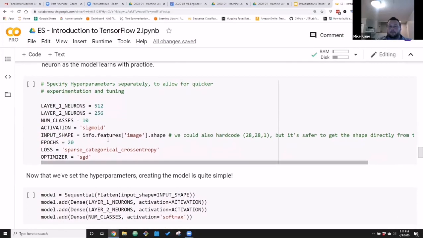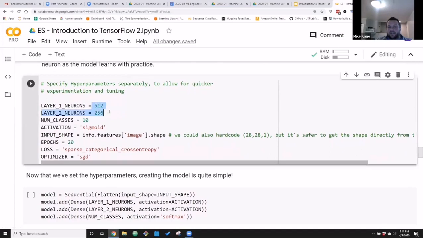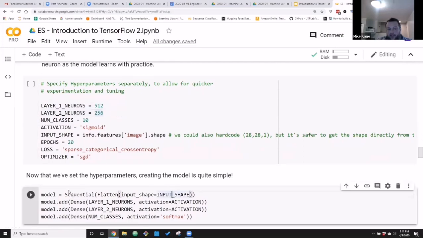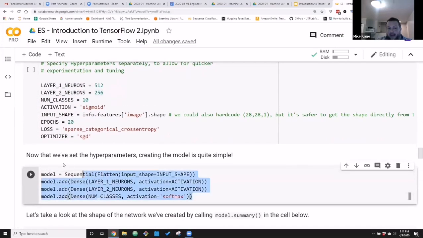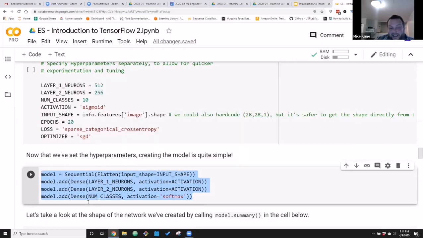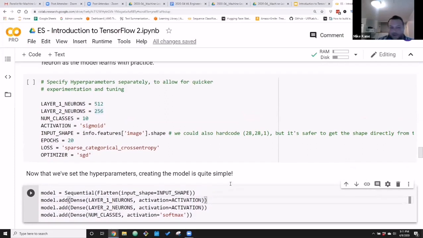So I could just specify things like this directly in the code when I create this line. For all the talk, these 4 lines, as much as everyone talks, deep learning is hard, it's really challenging. That's a deep neural network, y'all. That's all it is, right? I create a Sequential object, and then I go ahead and pass in a Flatten layer. I pass in my Dense layers. I set how many neurons they have, and that's it. This is very anticlimactic if this is the first time you're seeing a neural network here.